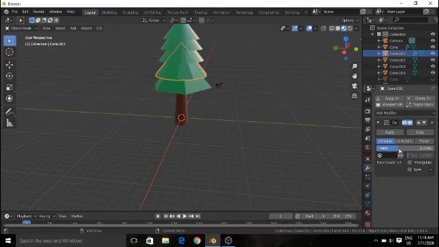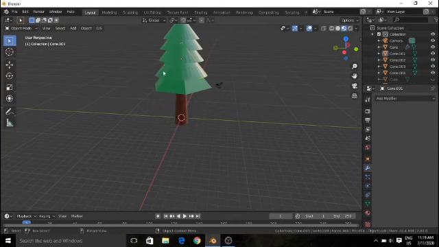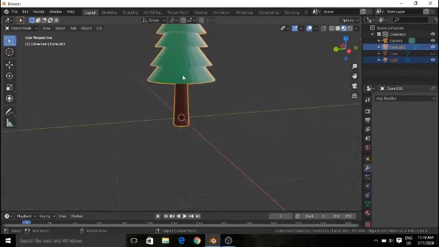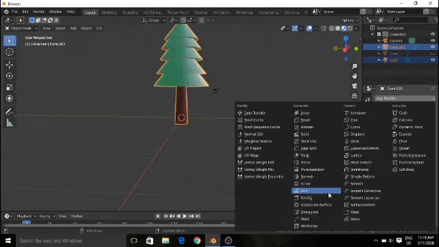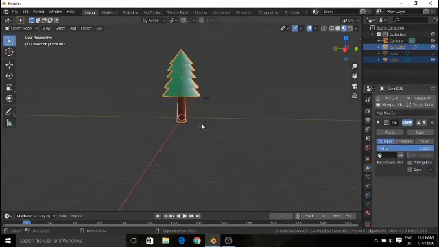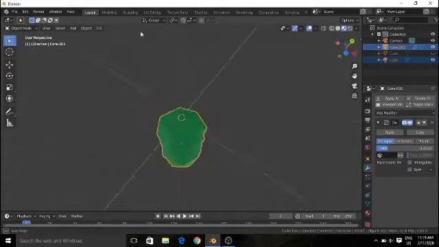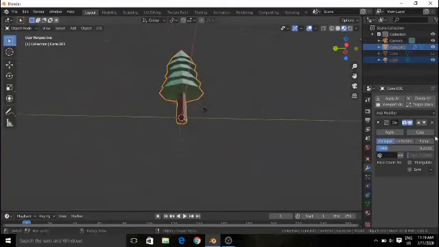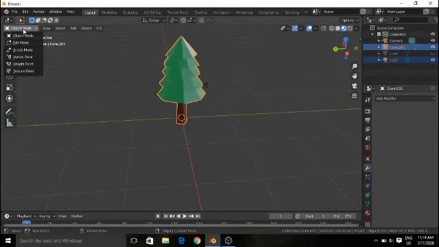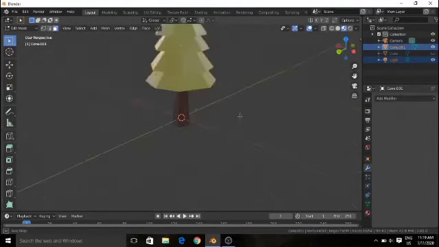I will press Ctrl J, select all the items here, and then press Ctrl J. What this will do is join all the meshes. You can also press F3 and select join mesh. Now if I add in a decimate modifier for this, nothing happens. If I decrease the ratio, the leaves have different patterns now. You can see that it looks much better compared to the last time. But if we go to edit mode now, you can see that it has separate faces now.